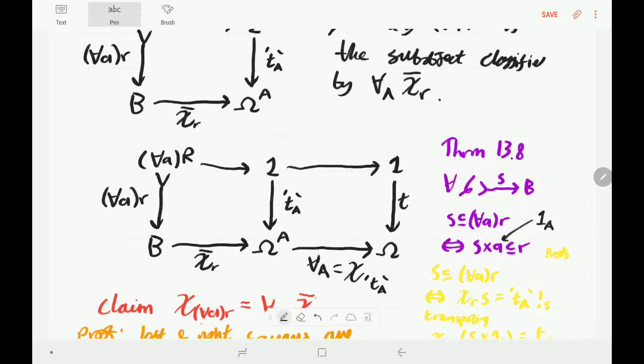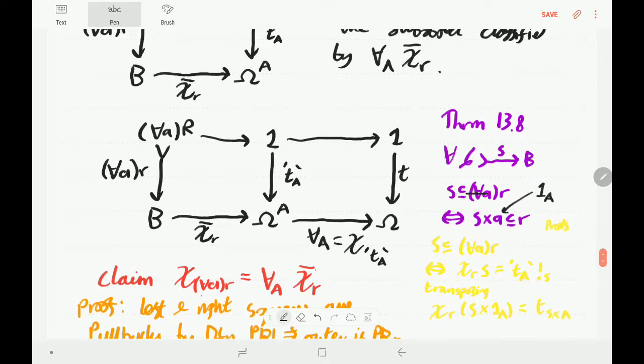So yes, I think the more precise result is that for any monic, for any subobject S of B, we have that S is contained in for all AR if and only if S times identity of A is in this relation R. So if we have A1, A2, A3, S1, S2, S3,